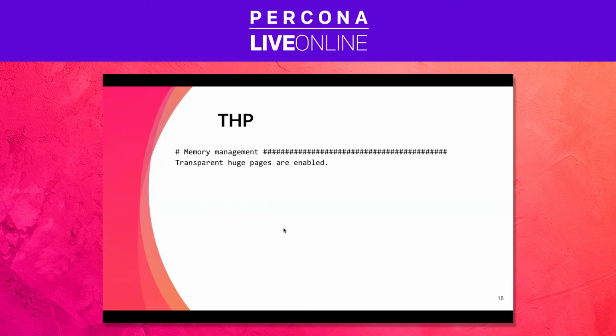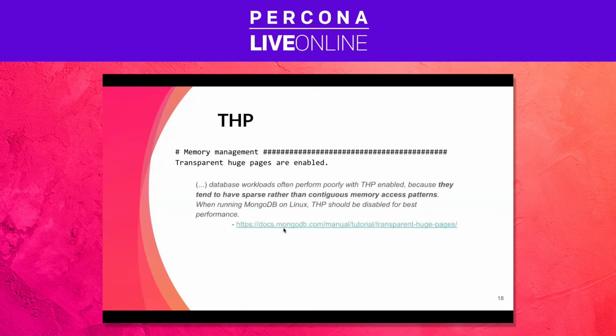And the best explanation I read on why we should have it disabled on database servers comes from the MongoDB manual, and it says like this. They should be disabled because they perform poorly, and that is because databases tend to have sparse rather than contiguous memory access patterns. So think about this huge page and how